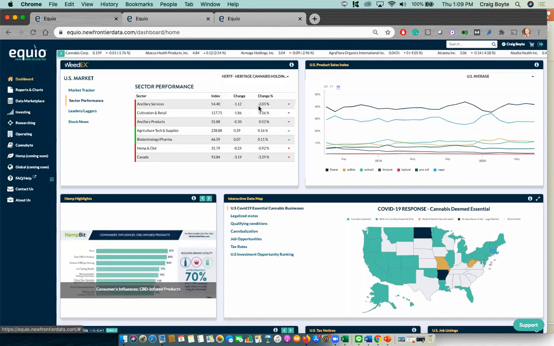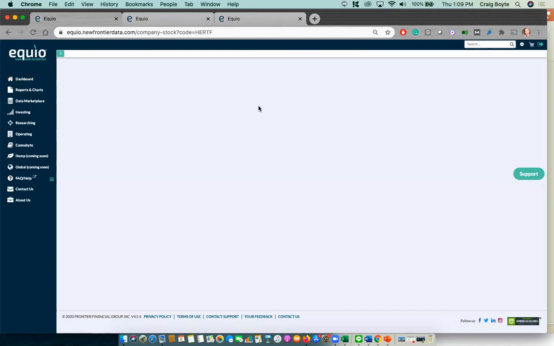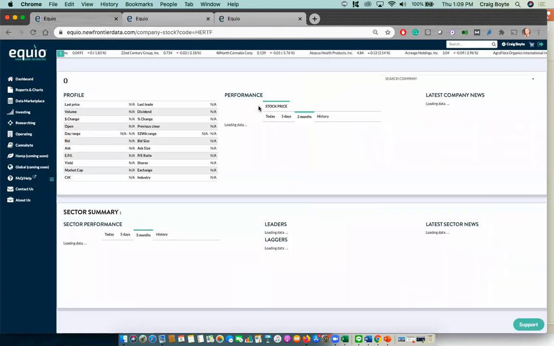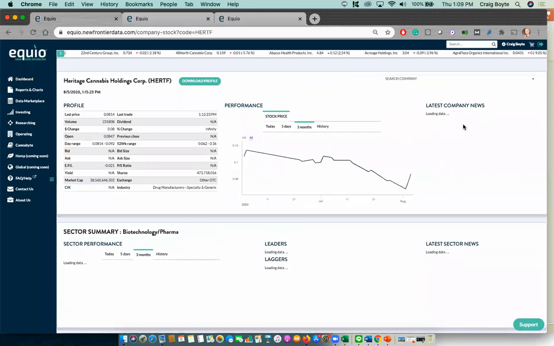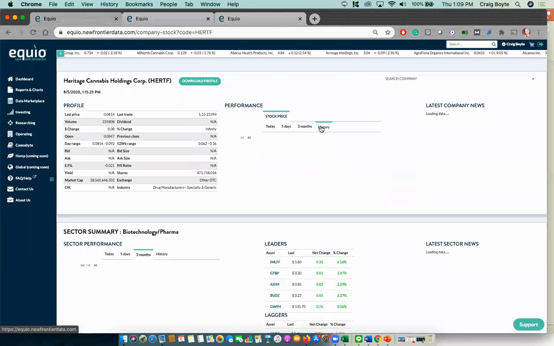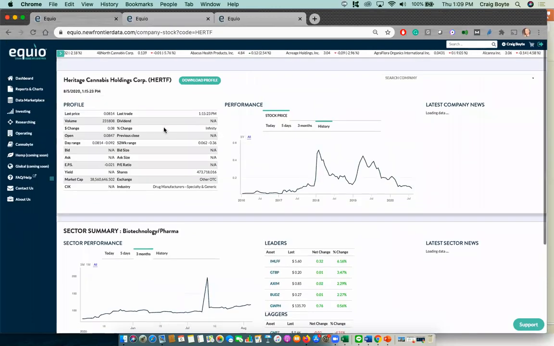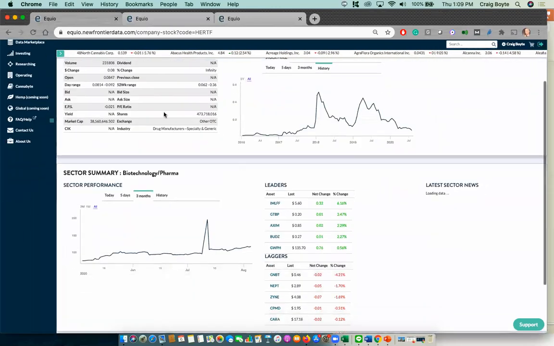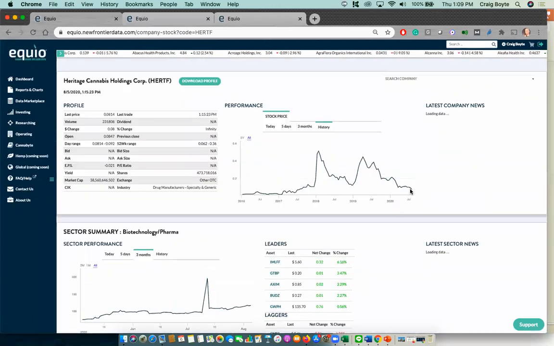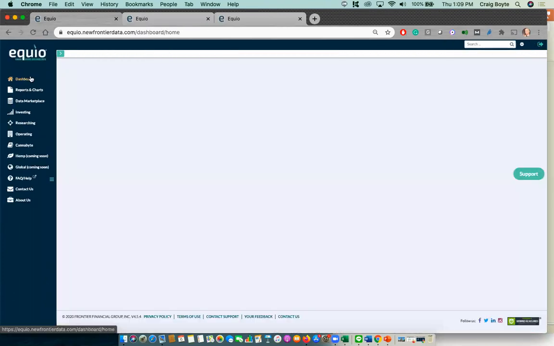You can click on that company. It will pull up a full, not only the history of the stock and how it's performed, but also if there's any latest company news, it will pull in all that news about this particular company. And again, so this is the last 3 months. Here's the entire history. And it will show you whatever sector that they are in. So in this case, Heritage, they are in the biotech industry. So here's the entire sector. And again, it will pull in all the latest news. Going back to the dashboard,